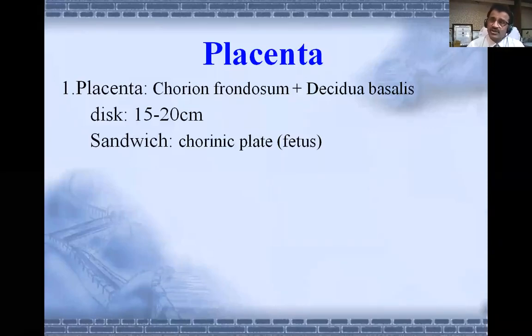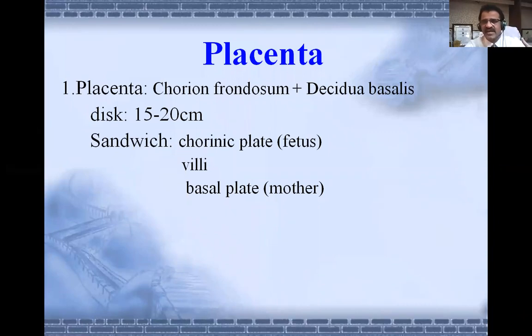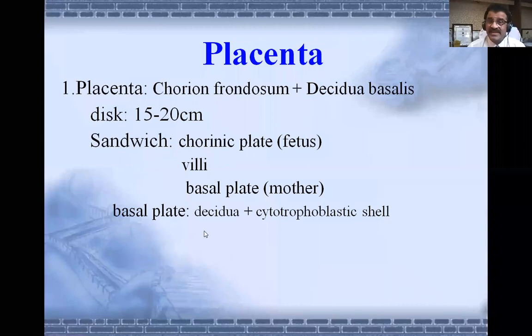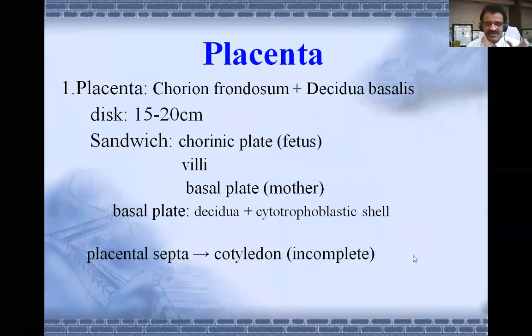And it is also like a sandwich because there is a chorionic plate (fetus), villi, and basal plate (mother). So on one side there is a chorionic plate, on the other side there is a basal plate, and in between there are villi. So it looks like a sandwich. And the basal plate is made up of decidua plus syncytial trophoblastic cells and placental septa,